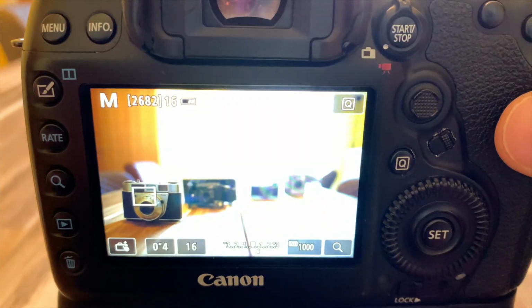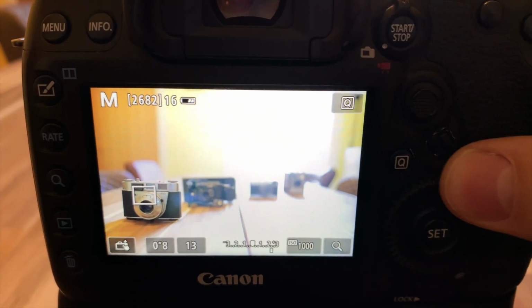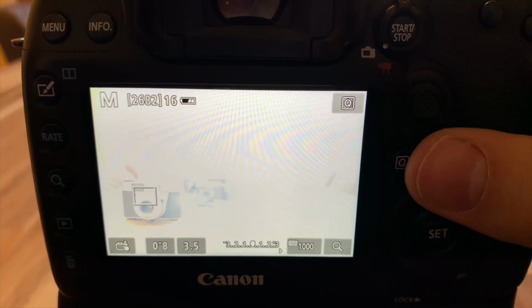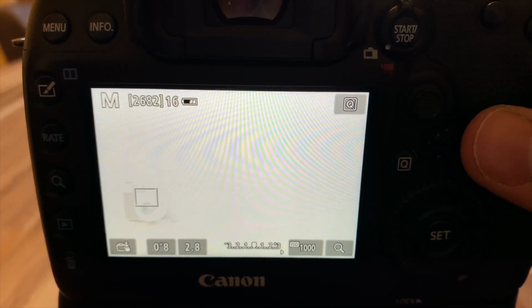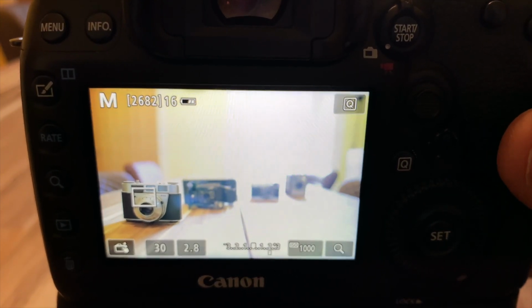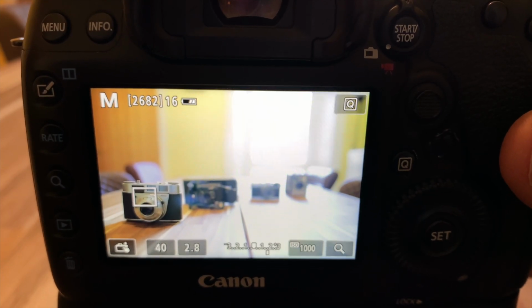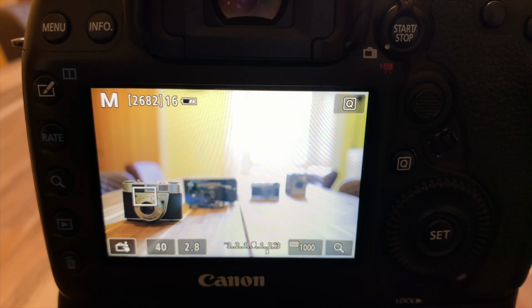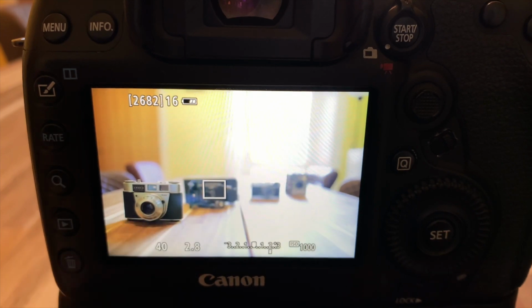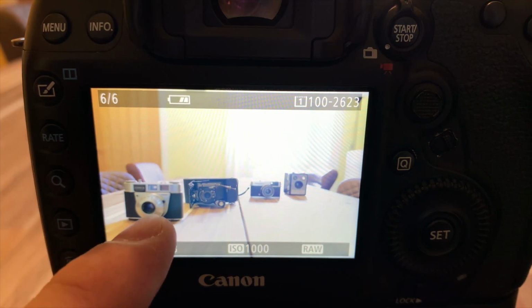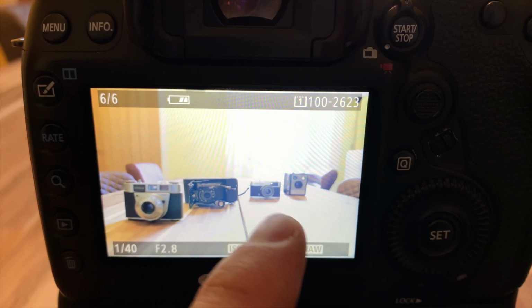So again, we can bring this back down to, let's go for 2.8, okay? And we'll go through each of those stops, and you'll see that I'm starting to do this balancing act that I previously spoke about, okay? So that looks quite well exposed to me. If I click on the middle one at 2.8, it's starting to be a little bit more in focus, but